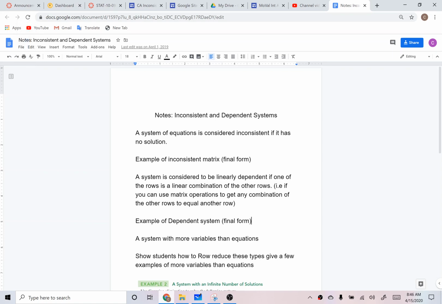I just wanted to talk to you today about inconsistent and dependent systems of equations, and this goes in line with matrices. Our notes first start off with a system of equations is considered inconsistent if it has no solution. So we need to identify what that means in terms of what a matrix is going to look like. So if you do your Gauss-Jordan elimination, which was the last section we talked about, let's say we're doing this one: 1 0 0 2